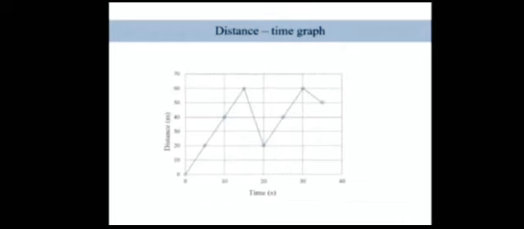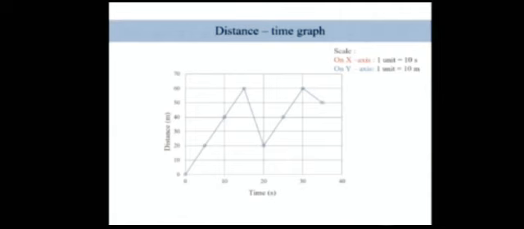Fine. Then we also have a third graph. This is again a distance-time graph, as you can see, but we will go step by step. Total 4 steps are there. Number 1, look at the scale. On the horizontal axis, 1 square box is equal to 0 to 10. So 1 unit on the x-axis is equal to 10 seconds. Always in a distance-time graph, we write the values of distance on the y-axis and time on the x-axis. Very, very important. So on the x-axis, 1 unit is equal to 10 seconds, and on the y-axis, therefore, 1 unit is equal to 10 meters.